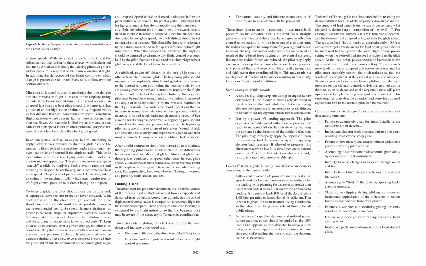Common errors in the performance of descents and descending turns are: failure to adequately clear for aircraft traffic in the turn direction or descent, inadequate elevator back pressure during glide entry resulting in an overly steep glide, failure to slow the airplane to approximate glide speed prior to lowering pitch attitude, attempting to establish or maintain a normal glide solely by reference to flight instruments, inability to sense changes in airspeed through sound and feel, inability to stabilize the glide, chasing the airspeed indicator, attempting to stretch the glide by applying back elevator pressure,